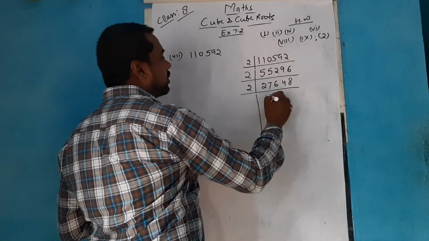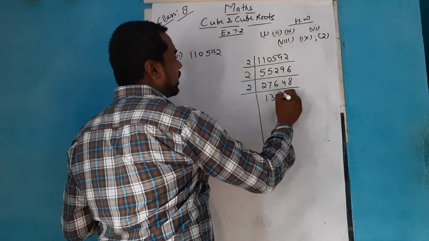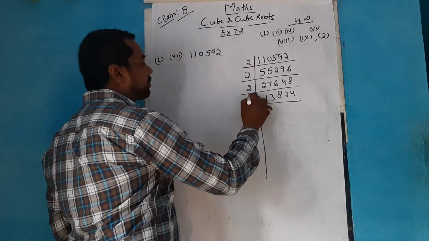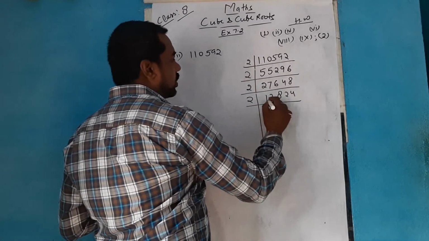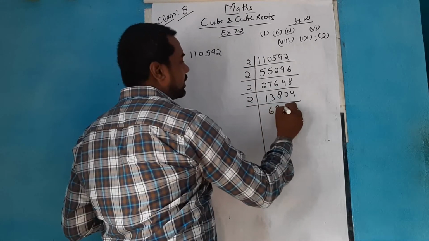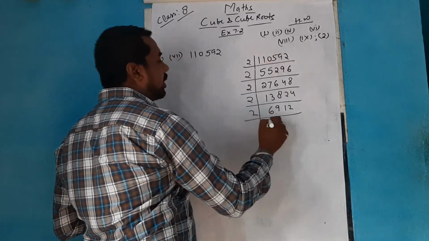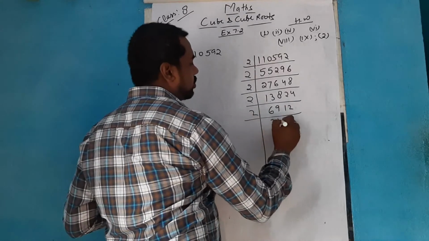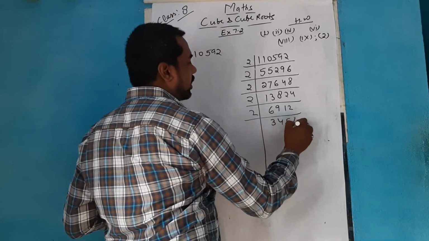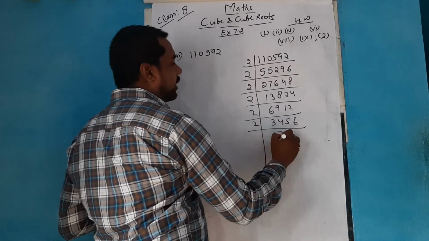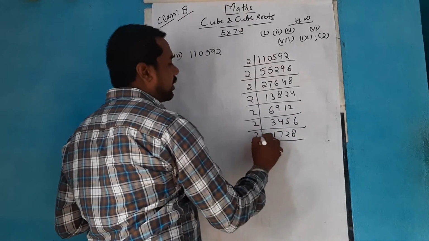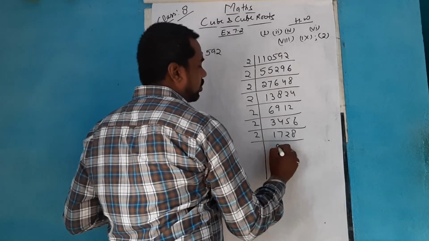Again with 2, 13, 1 16, 2 8s are 16. Again with 2, 2 6s are 12, 1 18, 2 9s are 18. Again 2, 2 3s are 6, 2 4s are 8, 1 11, 2 5s are 10, 2 6s are 12. Again 2, 1 7, 2 8s are 16. Again 2, 2 8s are 16.